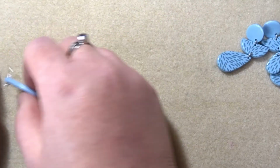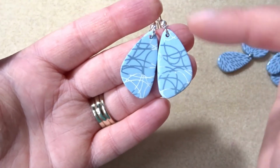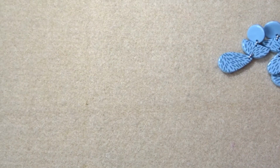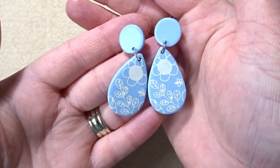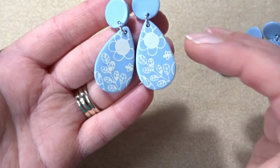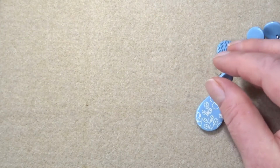For the ones where we used two paint colours, you can just see there the shift in colour as you work your way around the earring, so I've made those. And because I'm here, I shall show you some others that I've done using very contrasting colour paint. So this is a pale blue and a yellow, and you can see it's really effective and really fun when you mix up your paint colours and see what different looks you can get. So there's that one there,